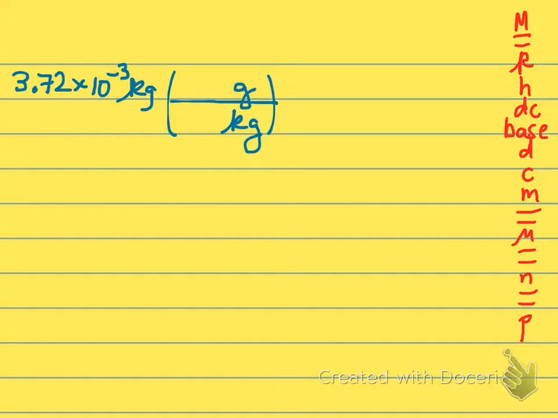So again, here I am going to make my larger one 1, which is kilograms, and then grams is the base, so 1, 2, 3, so it's going to be 10 to the 3rd. That means I'm multiplying, and that means that I have 3.72 grams, or in scientific notation, I can write it